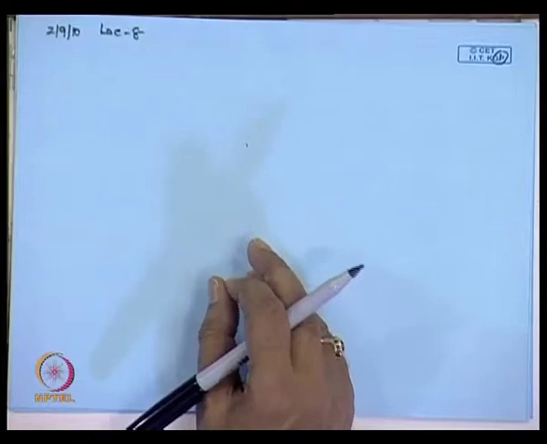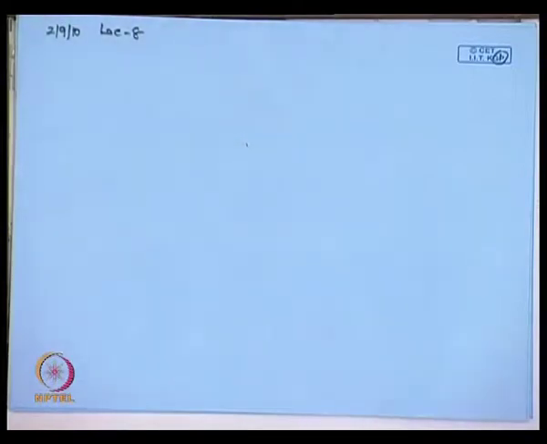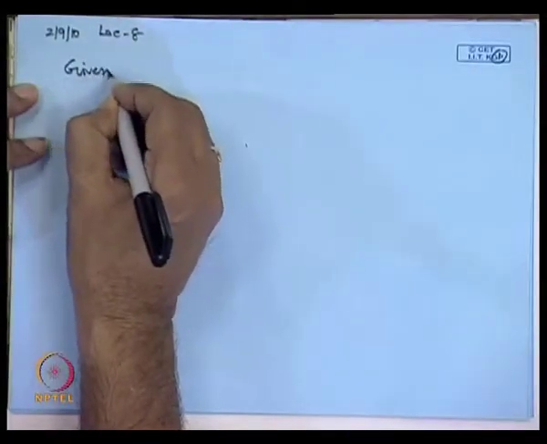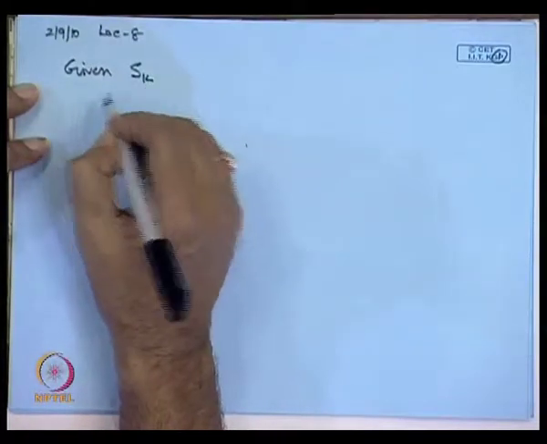Let us call this expression equation number 1; last class we wrote this as equation number 1. Agree? Now the question is, given x k,